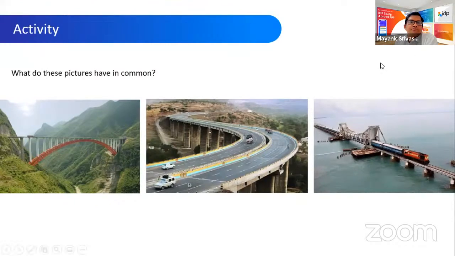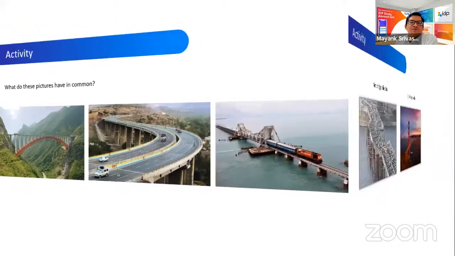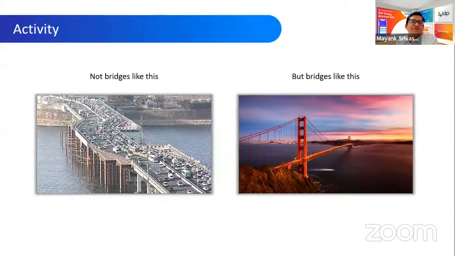We have got answers in the chat box, Mayank. Indra, can you read for me? A lot of students are saying it is a bridge, traveling, roadmap. They're all bridges. Okay. Most of the students say it is a bridge. I think they understood the point now. So students who are saying bridge are absolutely correct. We have a second bridge that you can see in the picture. It's not a bridge like this.